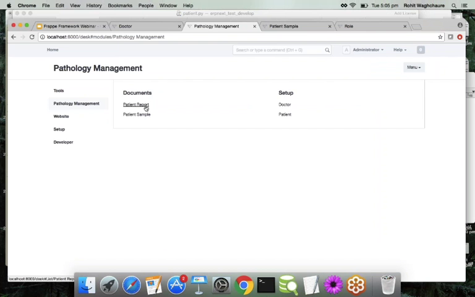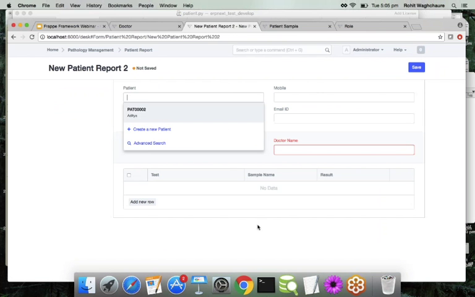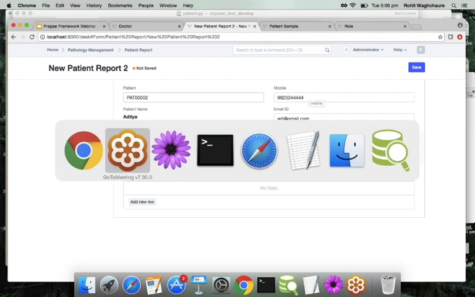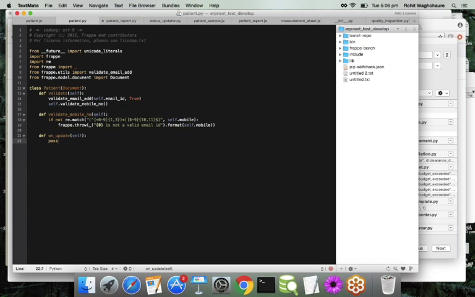Now come to the patient report. Again, I have to choose the patient, and now you can see I have pulled the mobile number and the email ID from the master. But if you just keep it read only, then you cannot edit the record. For mobile and email ID, I want to be able to edit the record. So for that, I have not kept it as read only. What I did is I used